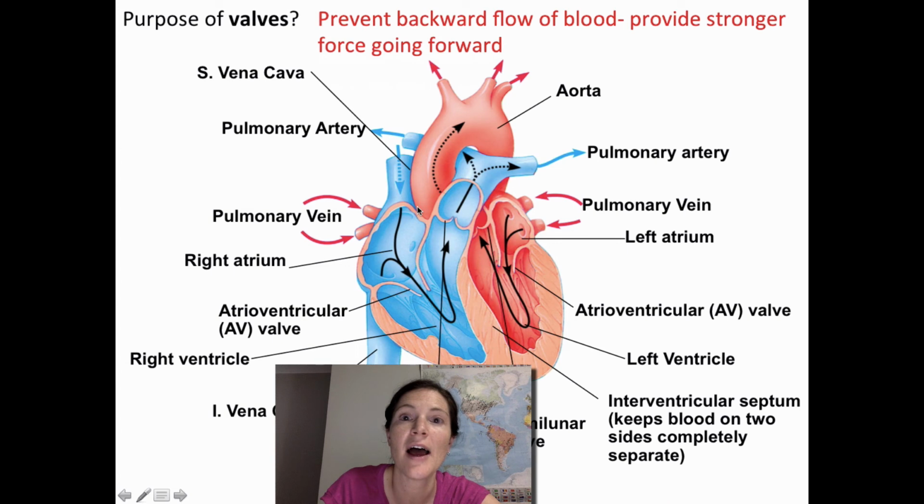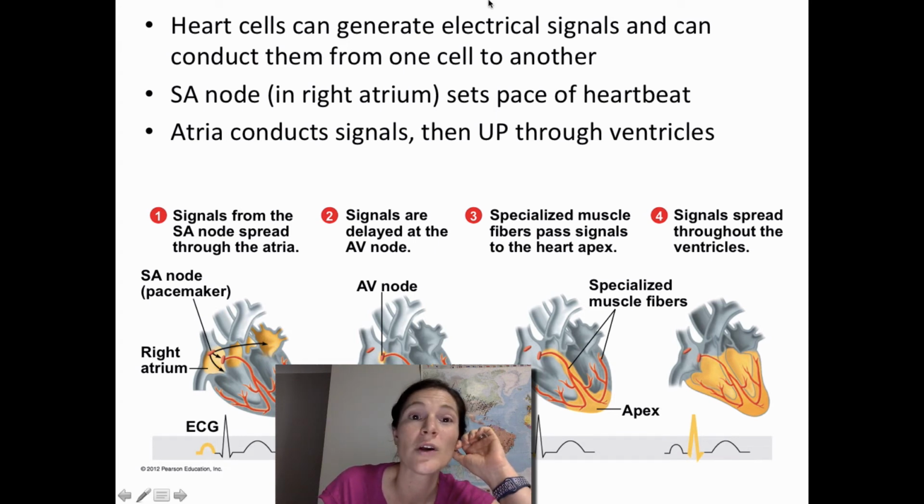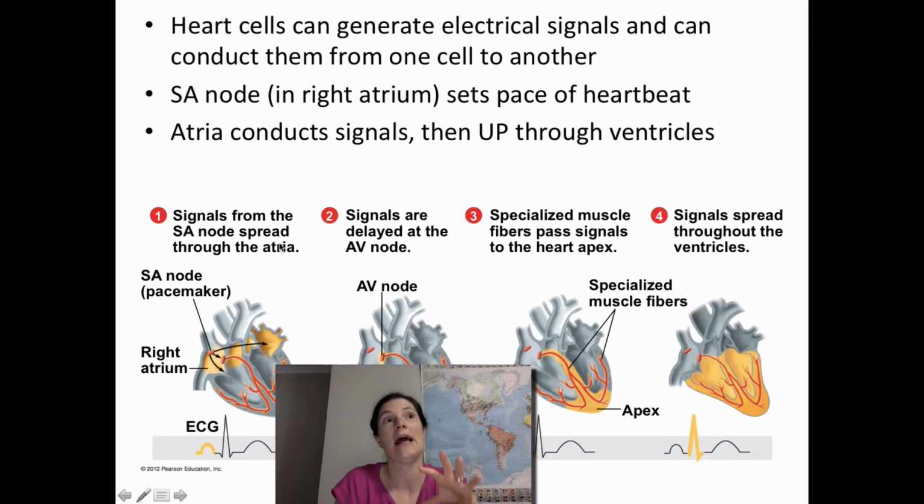Okay, so we talked about that. So just a quick note, and I'm not trying to overload you with too much, but just giving you some ideas about kind of how this works. So the heart actually sets its own electrical conduction, and the heart is this really strange mix of it can pass electrical signals like a nerve can, but then it's also a muscle and it can contract, which just means that all those little fibers are going to get shorter and then squeeze,